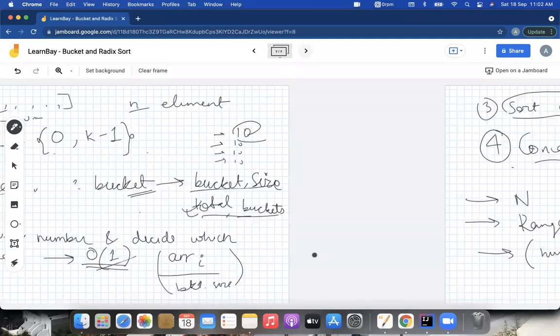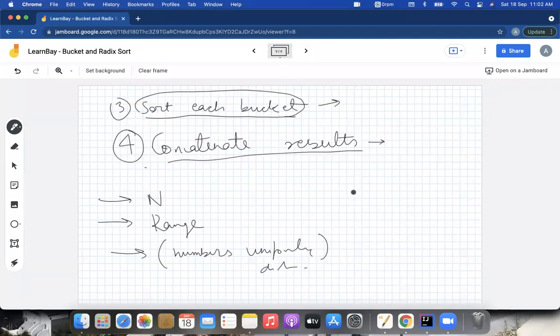Although it works, bucket sort can be used, and preferred over n log n algorithms, only in those cases where you know the number of elements, you know the range, and the numbers are uniformly distributed with respect to the buckets that you are creating. So your buckets should be uniform in size. It should not be that one bucket has all the elements in that array. Then you will sort in O(n^2). So the worst case of bucket sort is O(n^2), and for the best case, we will figure out the time